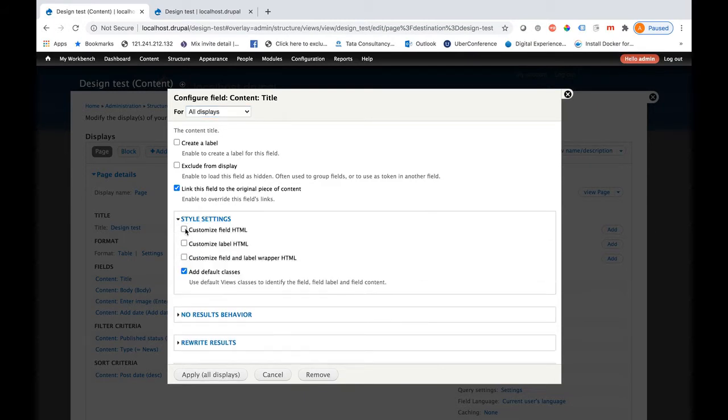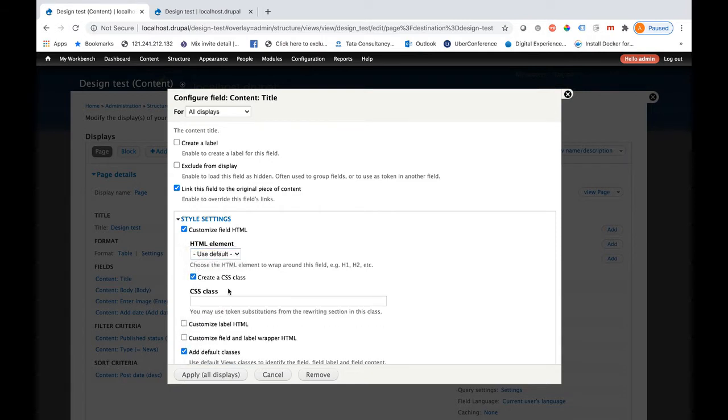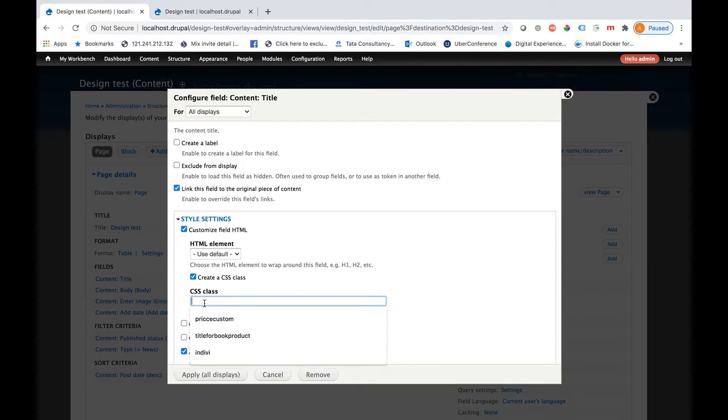Here, if you select customize field HTML, you can use any div structure and it will immediately show there. Also, if you want to add any custom class name, you can add it here and later call that class name in your CSS file and add the styling.